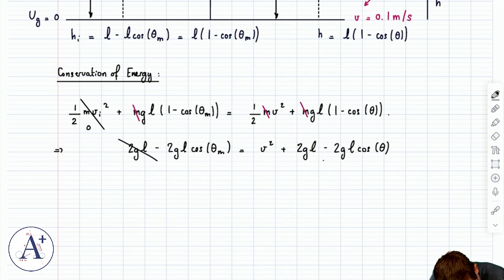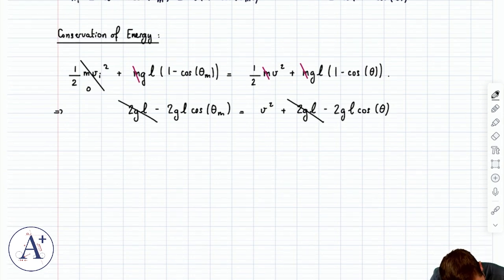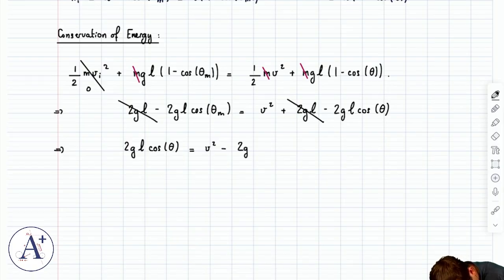Okay, this is going to cancel with this, and I'm going to get, okay, I've had brighter moments. Should have divided everything by gL. It's okay. 2gL cosine theta is v squared minus 2gL